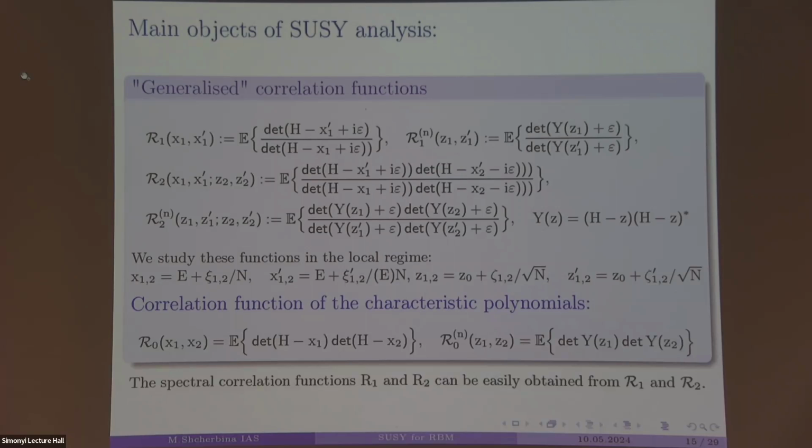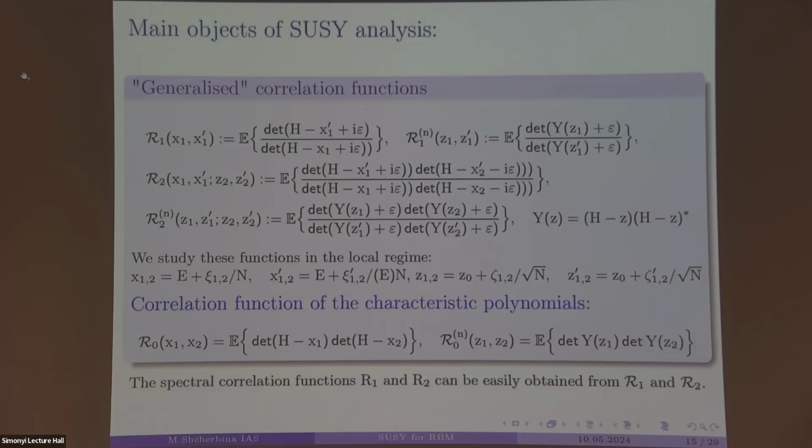But using this definition, we can obtain the standard spectral correlation function after some additional limiting condition. And you will see below why it's so important to give this definition in this form, the ratio of determinants, because it's a form very convenient to